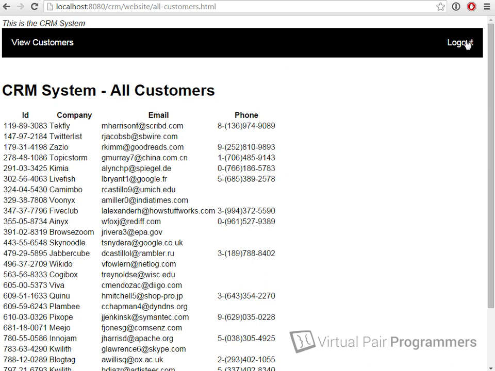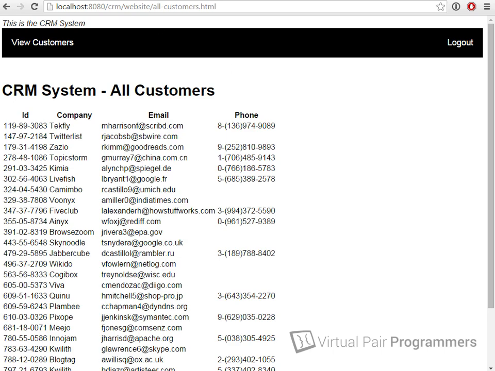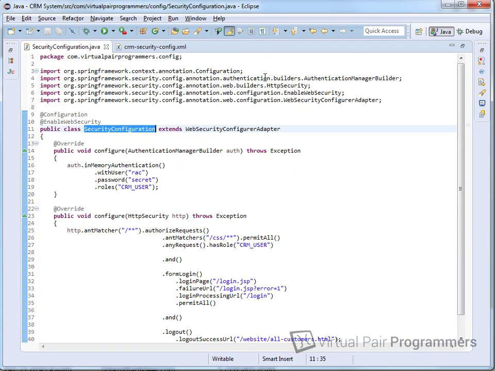And let's check that we can log out again. And the logout's sending us back to the login page. And this was the bug in the code I mentioned before. If you log in again here, you want to go back to /website/allcustomers. So that's working well. I've just realized, just as I was doing that, there's one last thing that I forgot